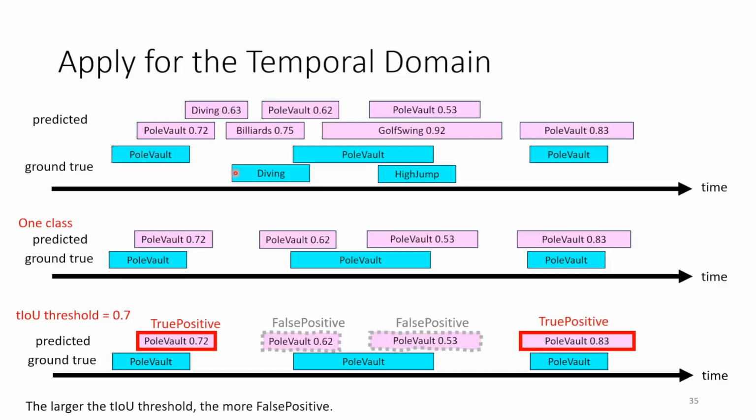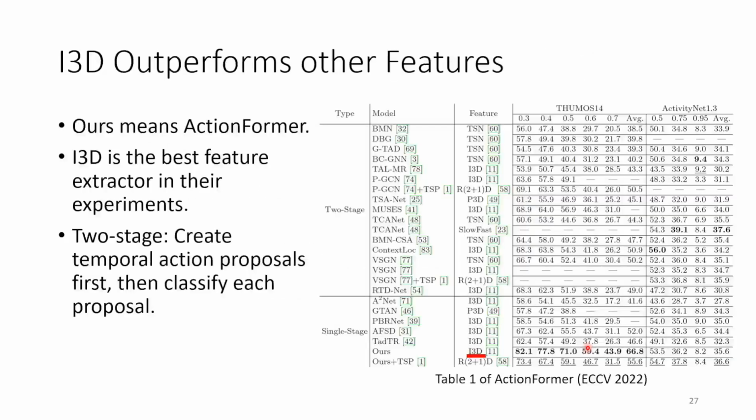And we also calculate those positives. So this is first, second, third, and fourth. Okay, then we apply the temporal IOU. Suppose that this is the threshold. Then this will become the true positive, and the 2 will become the false positive because their IOU is less than the threshold. So that's it. For temporal action detection, we use totally the same metric or the same mechanic to calculate their performance. So here now you can understand how we calculate those numbers, how we generate those numbers.